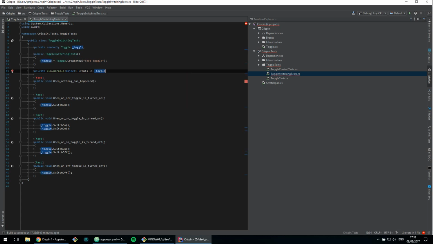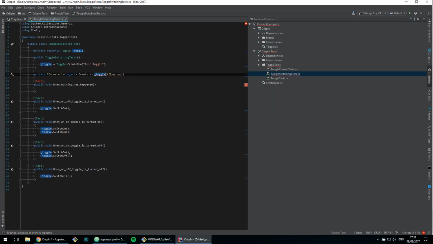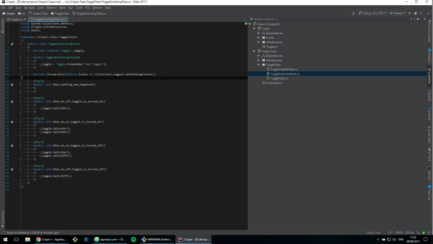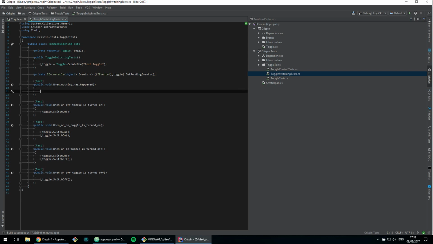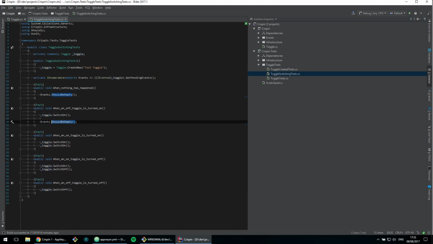That's going to return I event, did not like that, toggle get pending events. Oops. What is going on? Fighting the IDE half the time. Oh well. So the events should be empty. So nothing should have happened. When a toggle is turned on, events